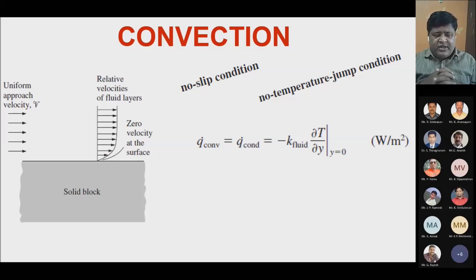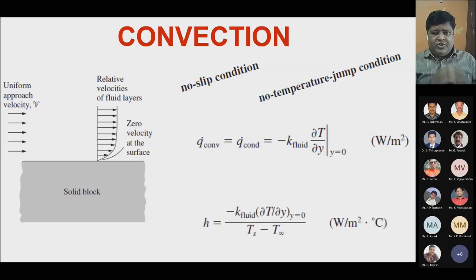So you can understand that the velocity changes in the Y direction, as well as the temperature changes in the Y direction. So dou U by dou Y is much greater than dou U by dou X. The change in velocity in the Y direction is much greater than the change in velocity in the X direction, because of the friction and shear stress. Similarly, the temperature changes more in the Y direction when compared to the X direction.